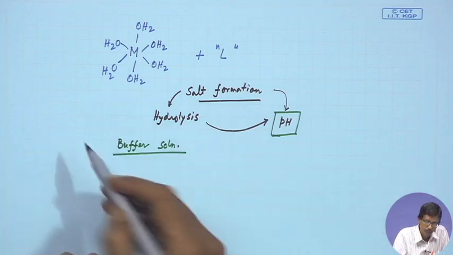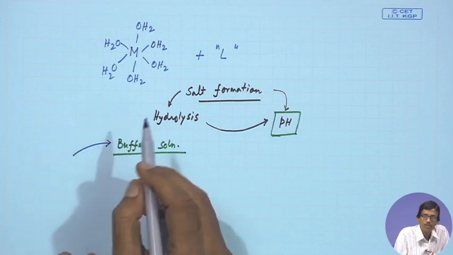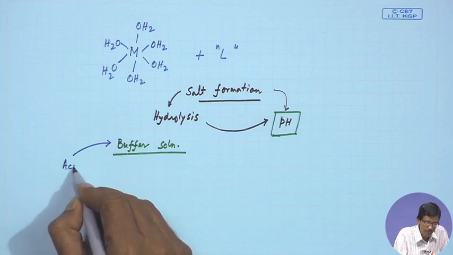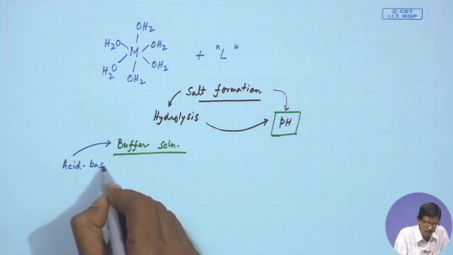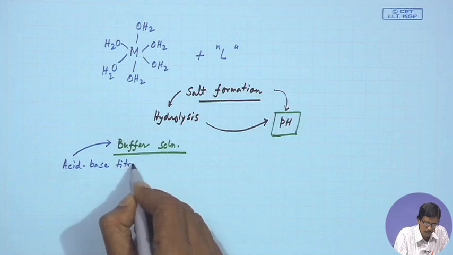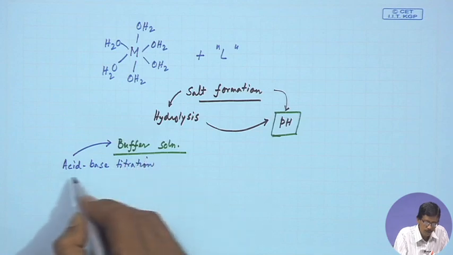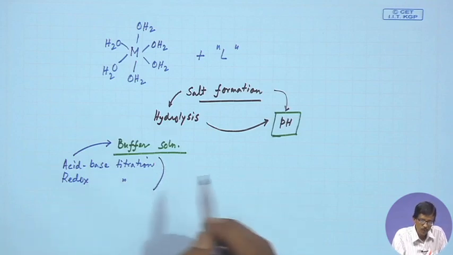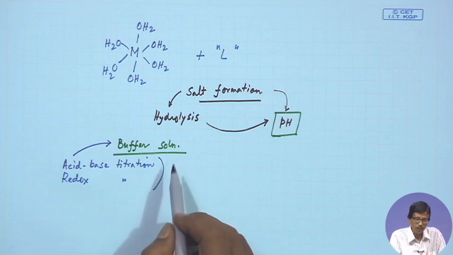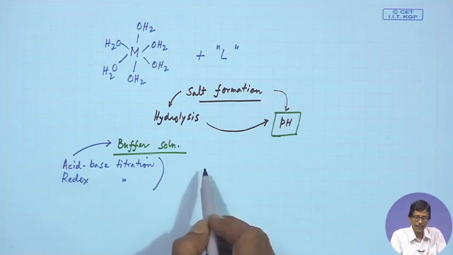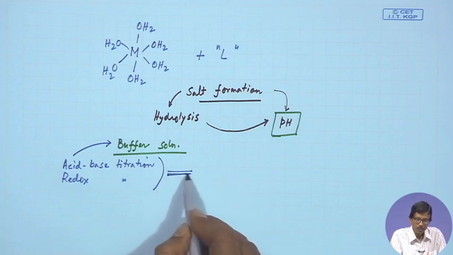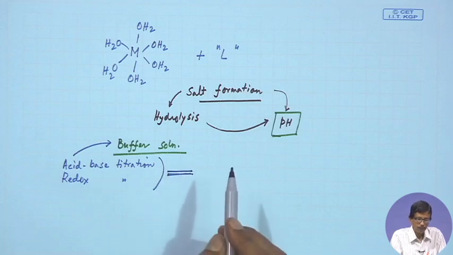That means, this buffered solution we will use, we will see afterwards that whenever we go for some acid base titration or some redox titration, we should not allow the pH of the medium to change to a large extent, because we will be doing this particular reaction in a very small pH window, where